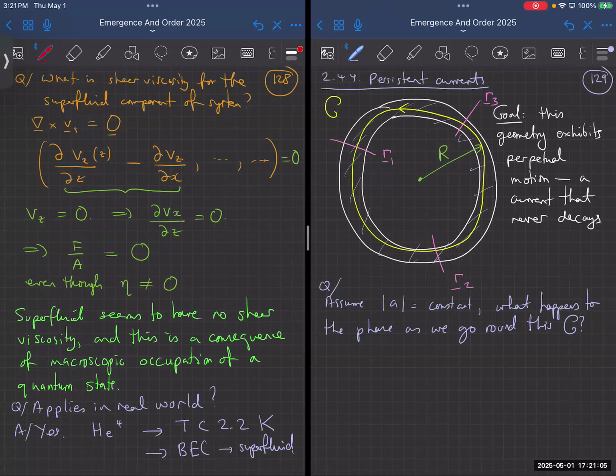I'm going to show you that, and that will be the last thing we'll talk about in superfluids, and then we'll go on to start looking at pattern formation in biological and physical systems. Unless the class says no, we want to know more about superfluids and quantum mechanics. So if anybody has a desperate desire to do that, then let me know. But otherwise, I'd like to go on to another emergent topic.